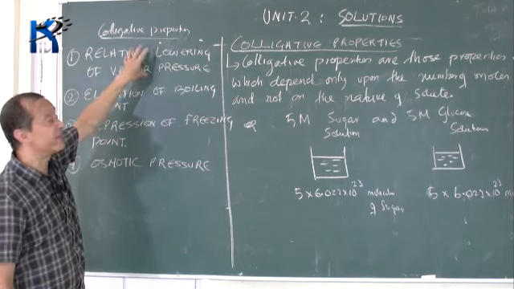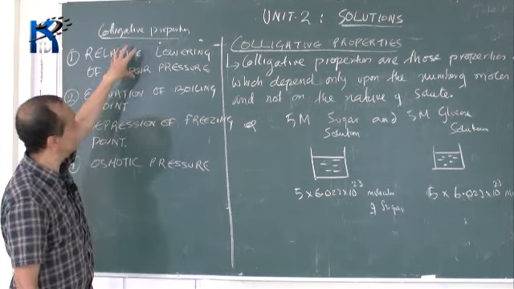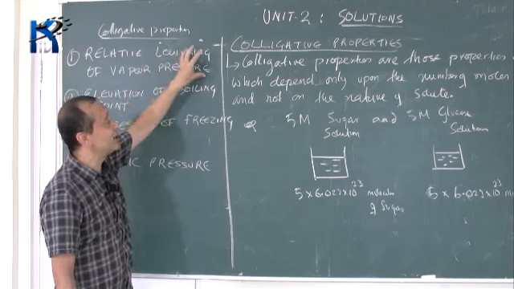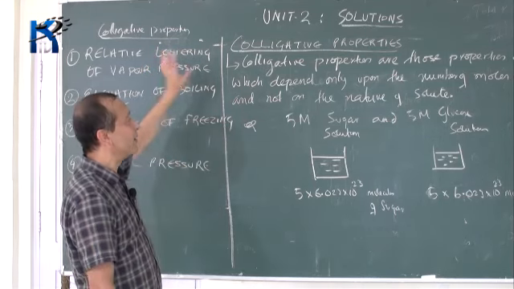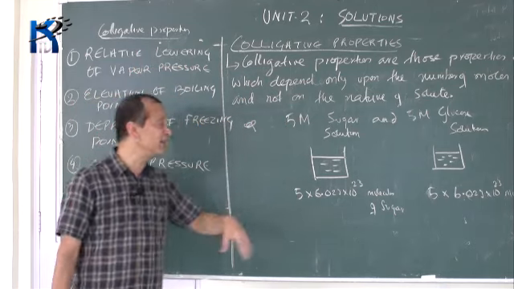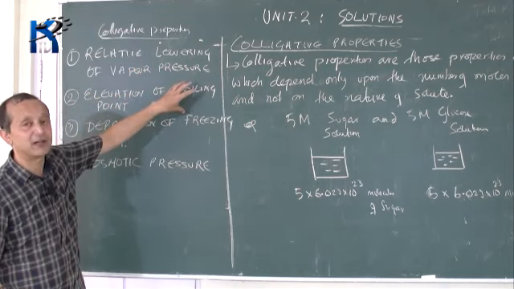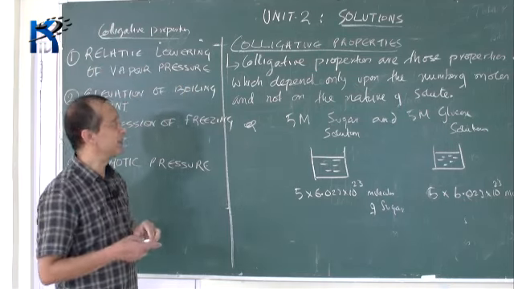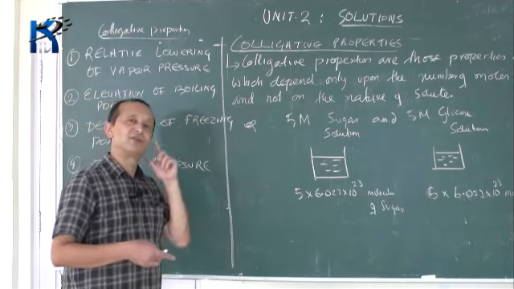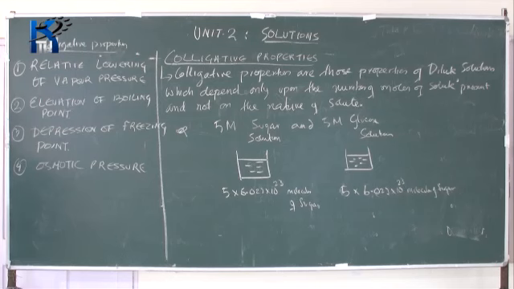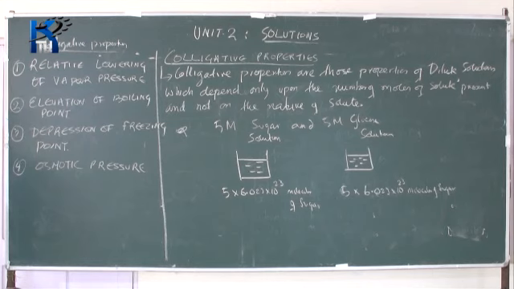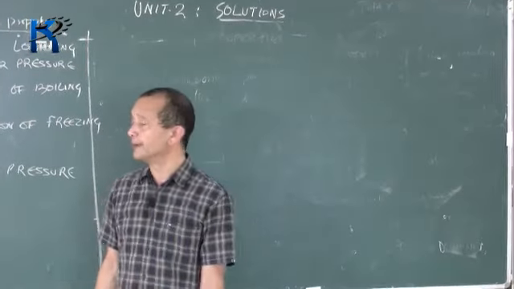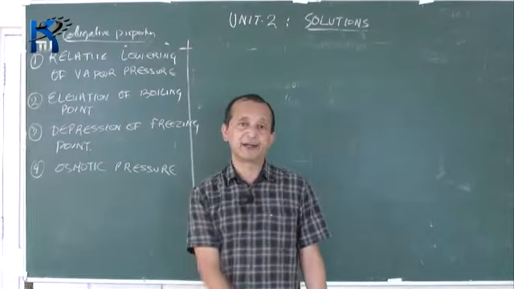What it means is that you have to prove that this property, the relative lowering of vapor pressure, is not dependent on the nature of the solute, but it is dependent only on the number of moles of the solute present. Similarly, you have to prove that the elevation of boiling point is a colligative property. You have to prove that the elevation of boiling point does not depend upon the nature of the solute, but it depends only on the number of moles of the solute present. So today we will manage to just start the first colligative property, which is